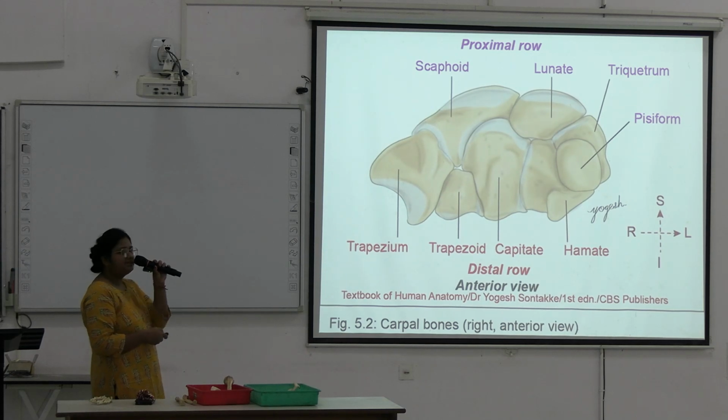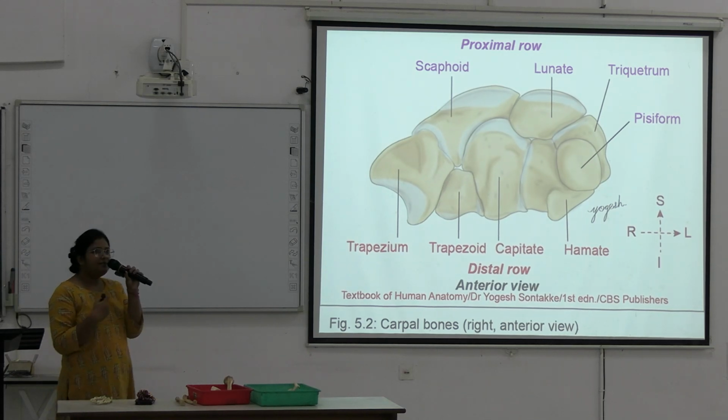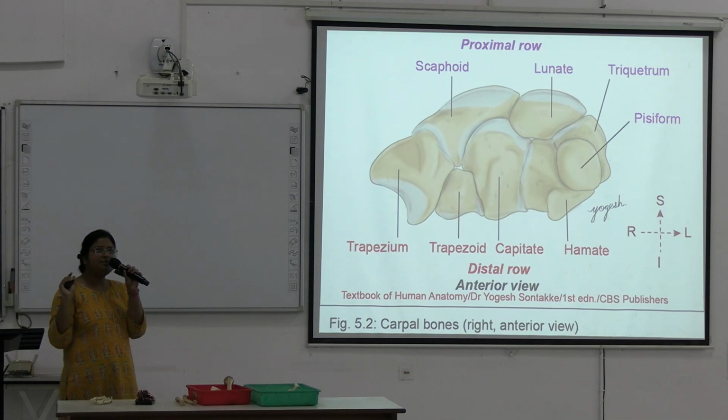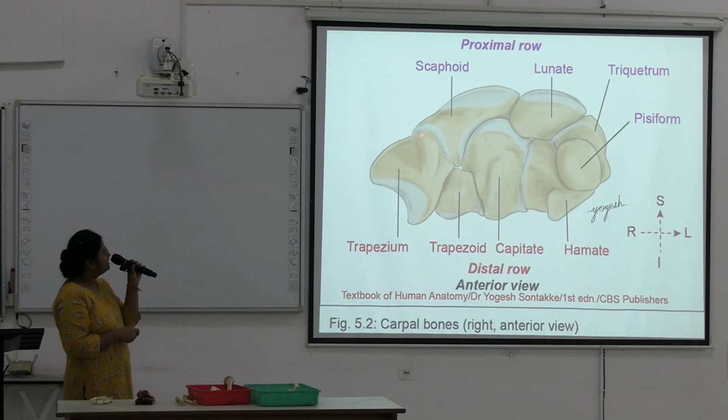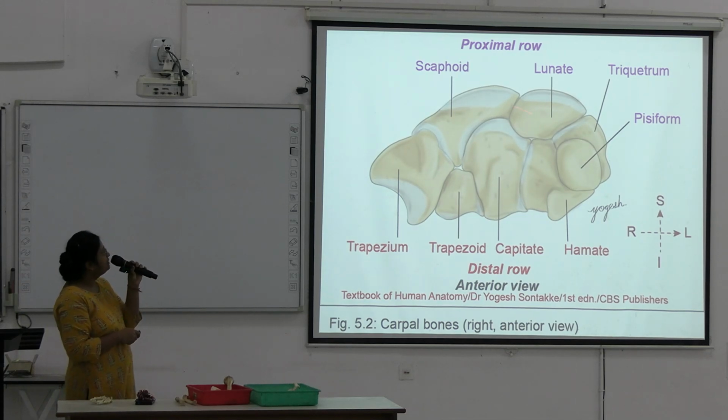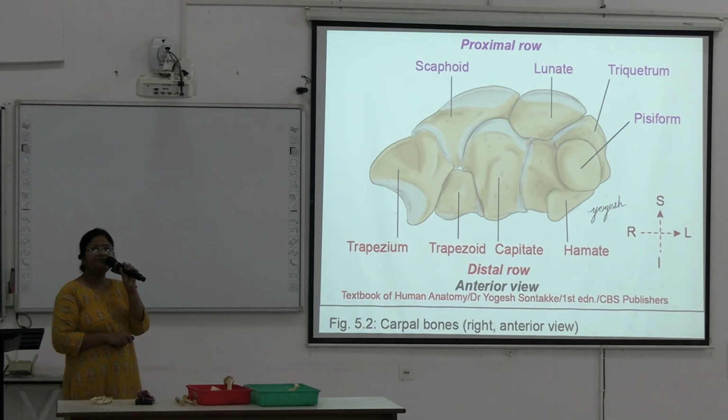So here you can see those bones. Scaphoid. See the shape; note down the shape of the bones. Scaphoid, lunate, triquetrum, and pisiform. Pisiform is a small pea-shaped bone lying over the triquetrum. Here is the trapezium. There is a crest of the trapezium. Trapezoid, capitate. Capitate has a rounded area known as the head of the capitate. Capitate means head-like, so this head-like portion articulates with the scaphoid and lunate. And this is the hamate. Here is the hook of hamate, a projection from the hamate.